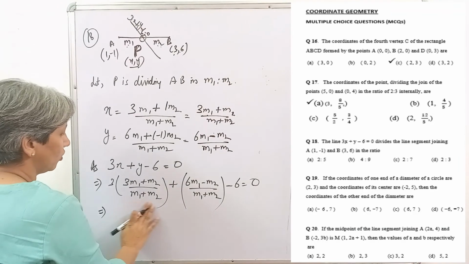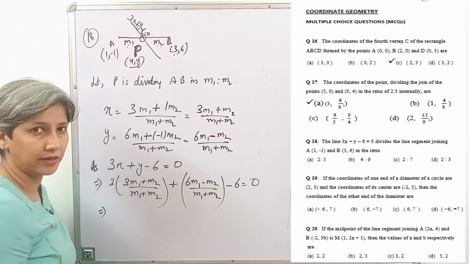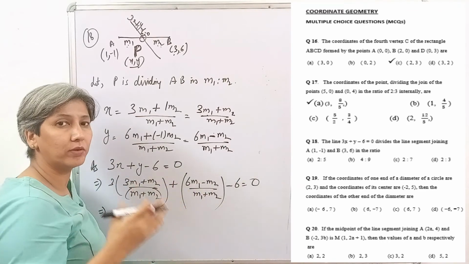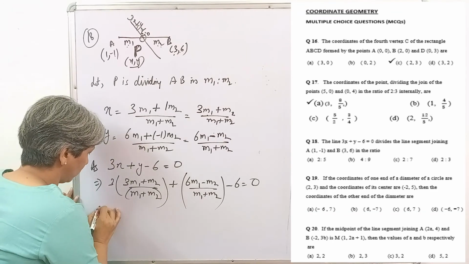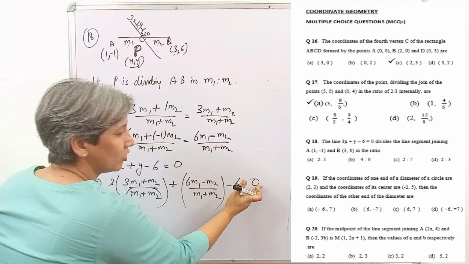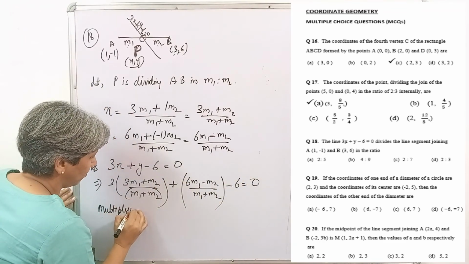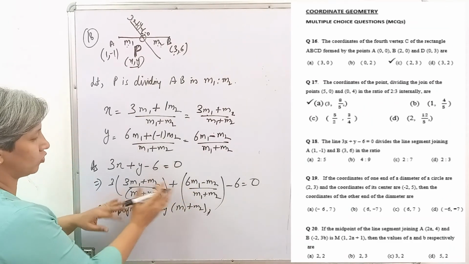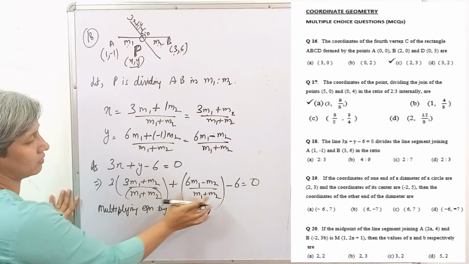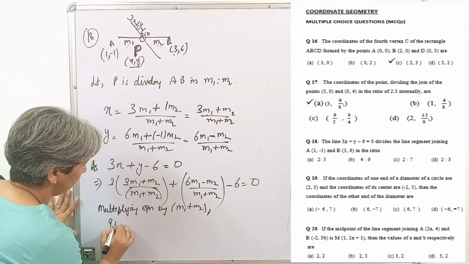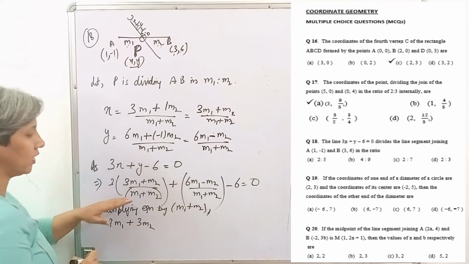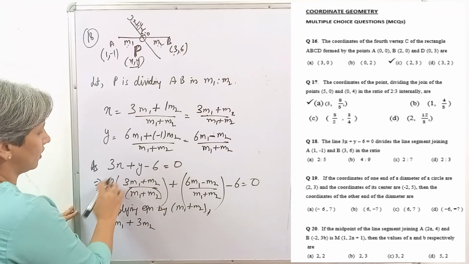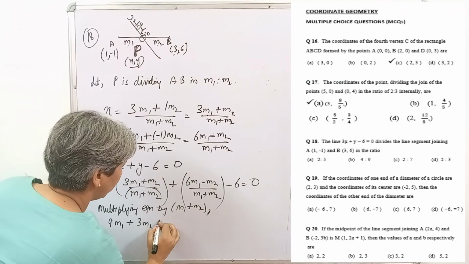सी M1 plus M2 जो डिनोमिनेटर है वो थोड़ा सा कॉम्प्लिकेट कर रहा है। सो लेट्स एलिमिनेट दिस M1 plus M2। सो लेट्स मल्टीप्लाई द होल इक्वेशन बाय M1 plus M2, राइट। यहाँ पे लिख दो अगर आप भूल जाए तो। केवल सिंपल बनाने की कोशिश करें क्योंकि ज़ीरो है ना, तो कुछ भी मल्टीप्लाई कर दो, कोई प्रॉब्लम नहीं होता है। मल्टीप्लाइंग इक्वेशन बाय M1 plus M2, तो M1 plus M2 डिनोमिनेटर से हट जाएगा, यहाँ से भी और यहाँ से भी, और ऊपर मल्टीप्लाई कर देंगे विल कम 9M1 plus 3M2। समझ रहे हैं, M1 plus M2 नीचे डिनोमिनेटर से कैंसिल हो गया, और ये आ गया 9M1 plus 3M2 plus यहाँ पे